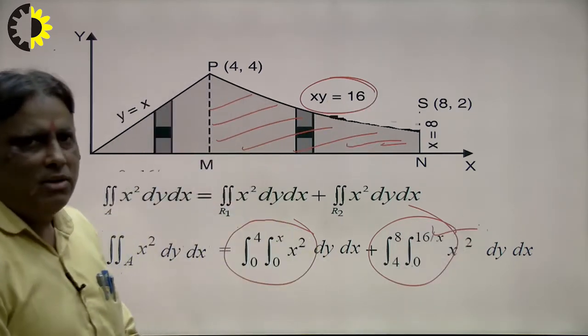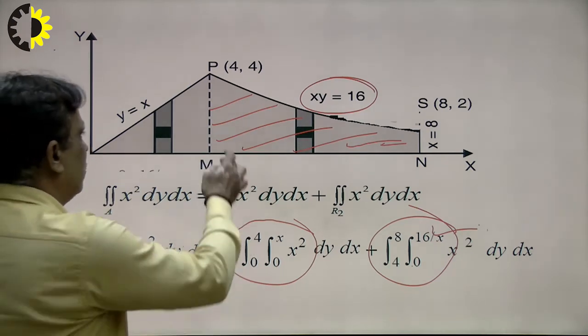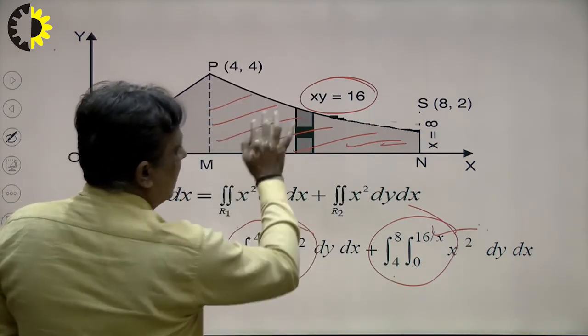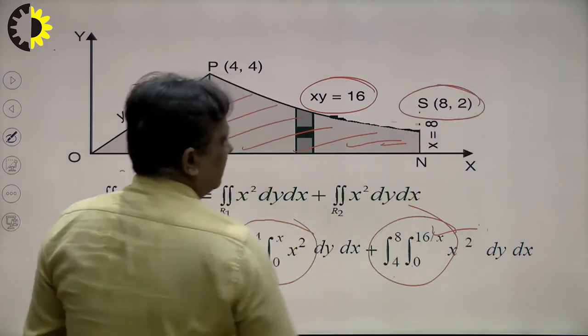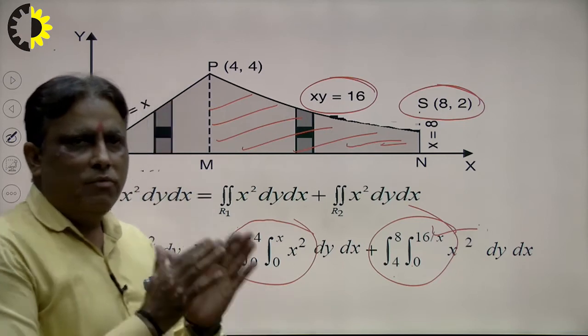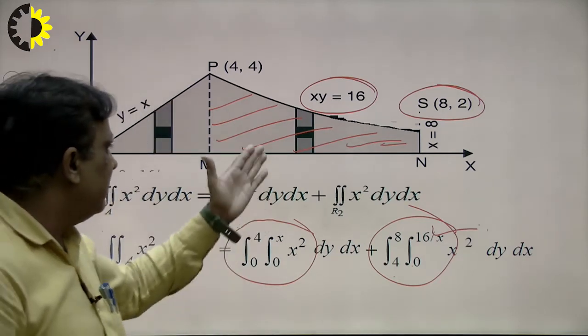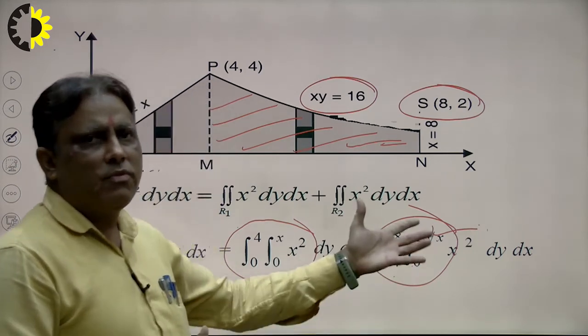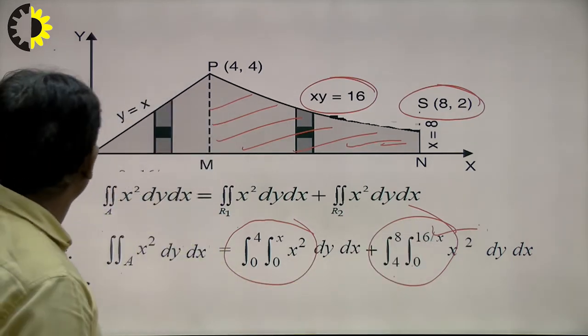Now the question is what will be the value of x in this coordinate? First of all, the minimum coordinate is 4, I write here 4, and the maximum coordinate of x here is 8. So I write 4 to 8. So with the help of the strip we take the limit in variable form, and with the coordinates we take the limit of constants. So in this way we can solve one by one.